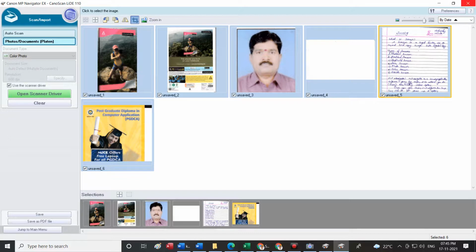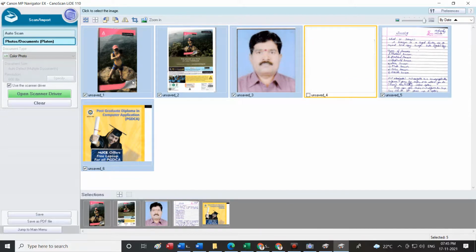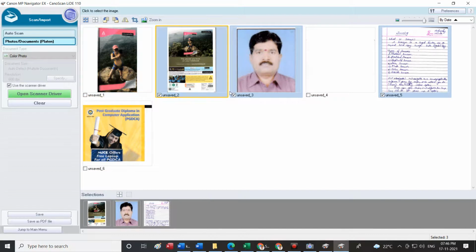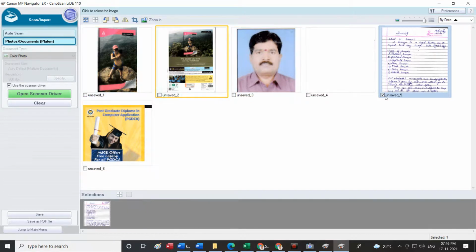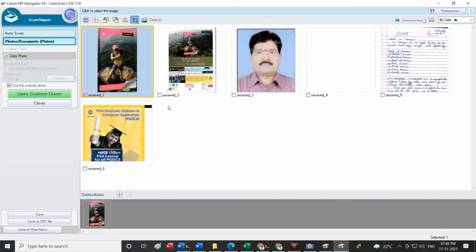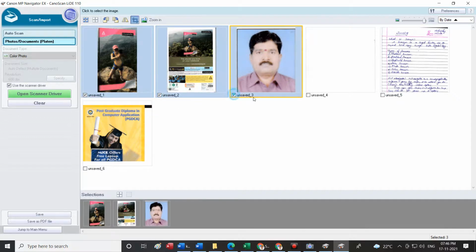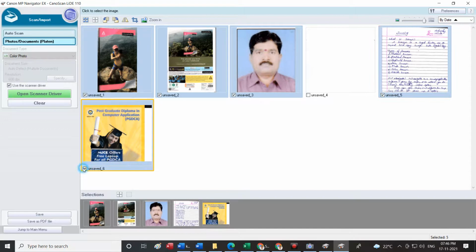We will see both the options. What are the important photos? I want this, I want this. This is a plain photo, I may not need this. I will not select this. When I don't select this, automatically here all my selections are displayed. If I deselect all, in this selection it says none of it is selected. I'll select this first, this second, this third, this fourth, this fifth. For some reason, if I wanted to interchange, I can put this first and then put this last. I can start swapping the images.